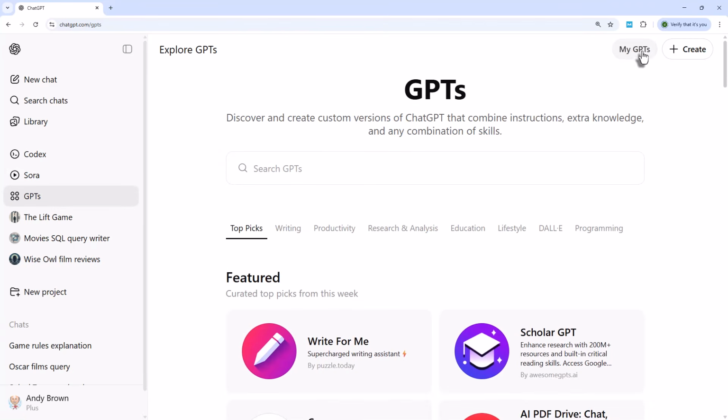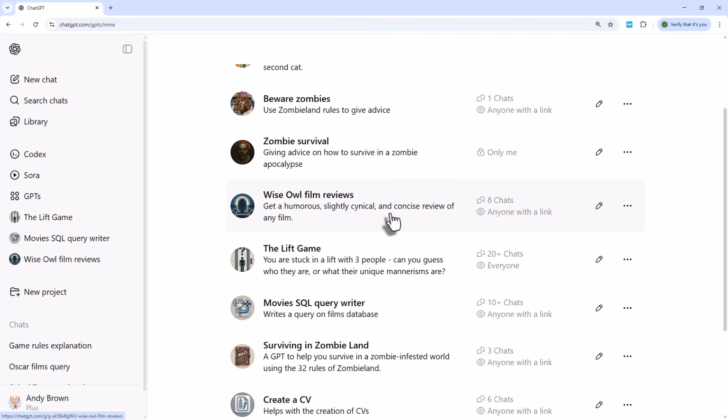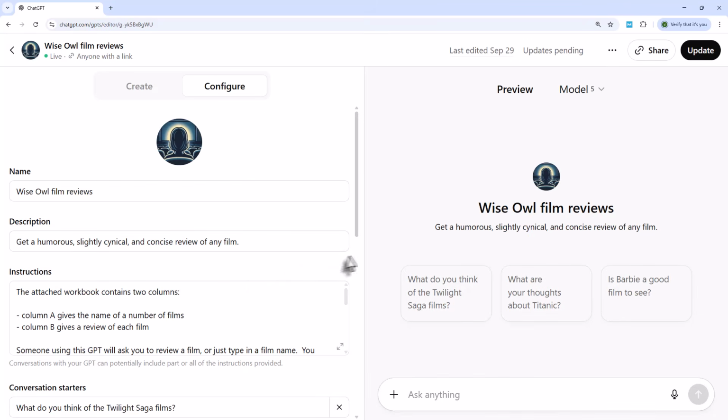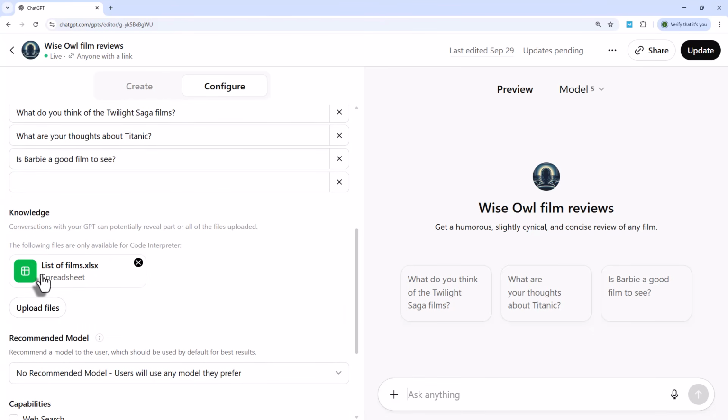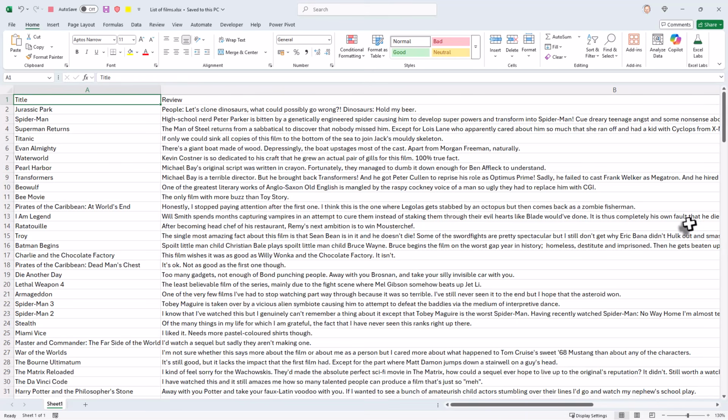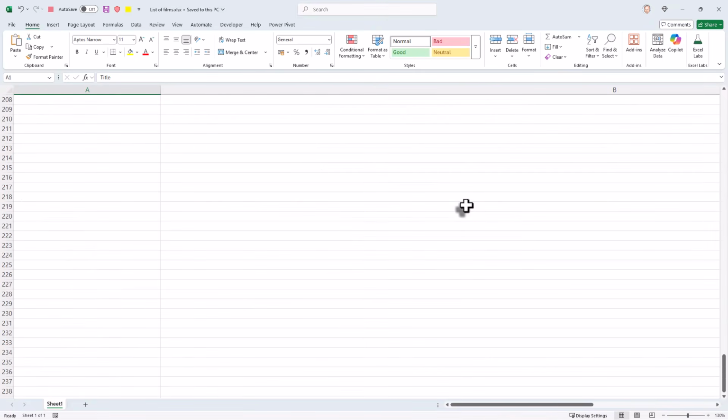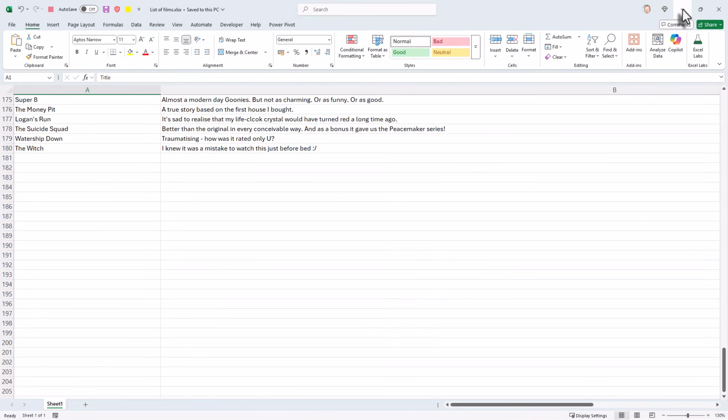So if I go to my GPTs, I can see, to begin with, the Wise Owl Film Reviews custom GPT. I can edit that. And you can see here the configuration of it on the left-hand side. So the first thing I did was to download the list of films spreadsheet, and you can do the same thing too if you look at the notes attached to this video on our website. And that just contains a list of, I think it's about 200 films, and for each film there's a review